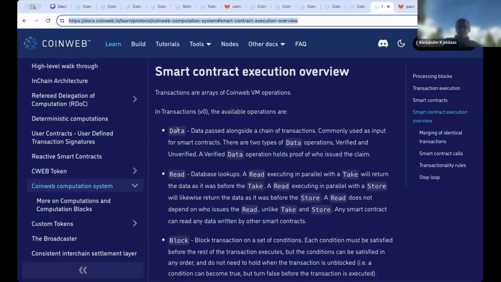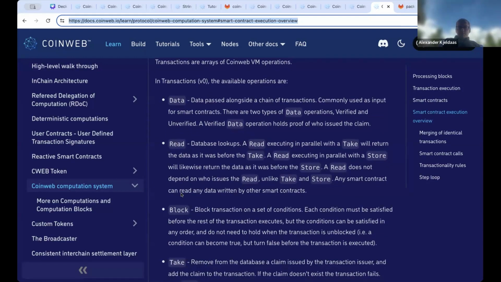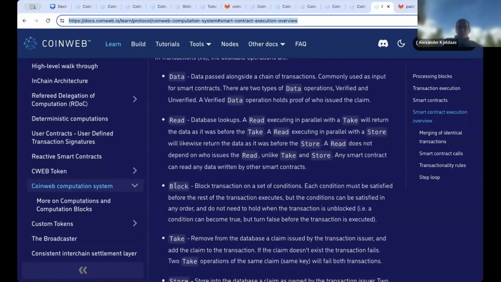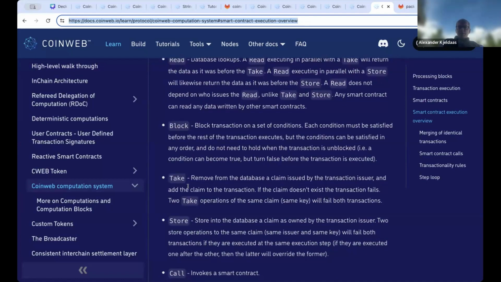Data, which just passes data along; read, which are database lookups; block, which delays the transaction until a bunch of events are true from L1, like somebody sent an ERC, somebody received an ERC, something happened on Bitcoin, something like that. Take operations read and remove things from the database, and they also